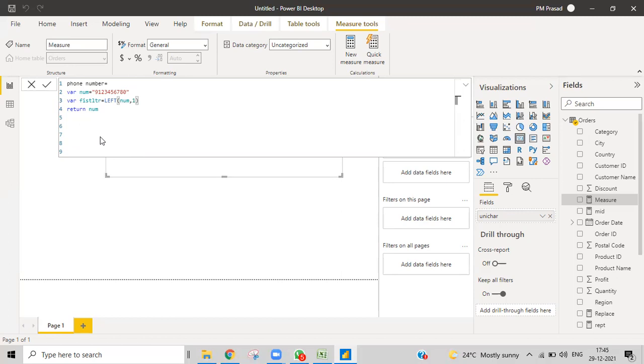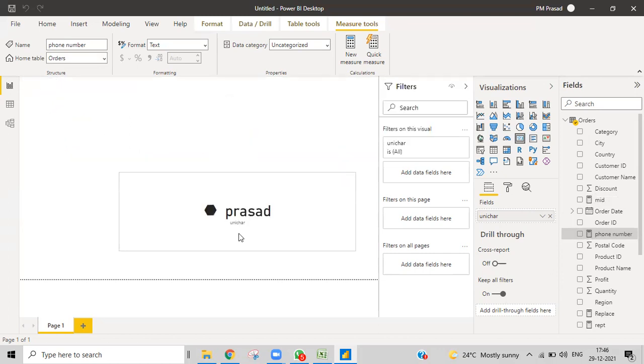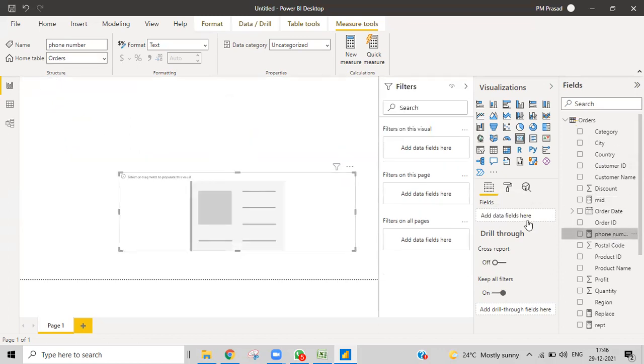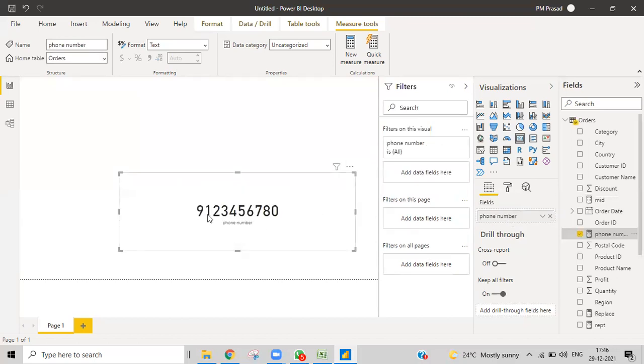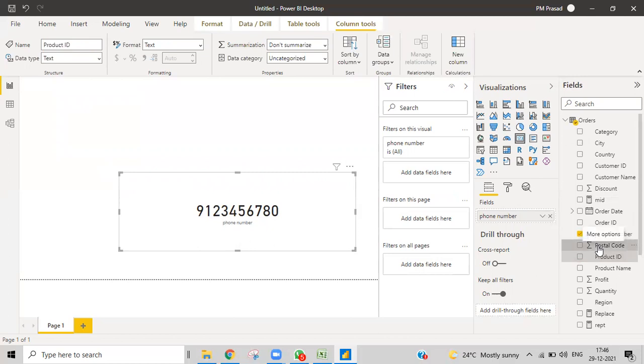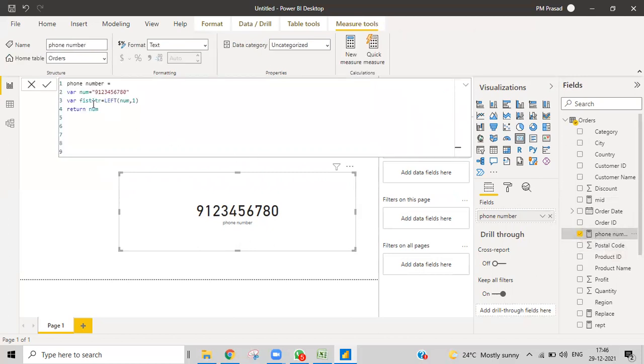Okay, so let me approve this. And I want to get it over here, and keep the phone number over here. Let's see. In the num variable, I do have 1, 2, 3, 4, 5, 6, 7, 8, 0. So 10 characters. And then let me check with this. Right now you can see, I've been given this variable, so I got this answer. So what if I give this variable?